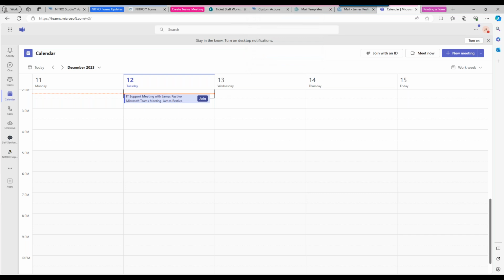And so, great question coming in. Is there a way to check availability of the assigned staff? Unfortunately, I don't think there is, because we're taking the start time of that meeting as I use now as the placeholder, but we could certainly use a static time or some other function to calculate the time. But the custom action at the time it runs doesn't know when the assigned staff person's available, so we don't